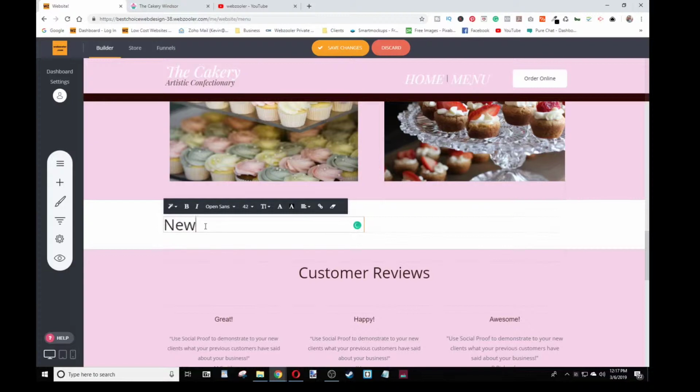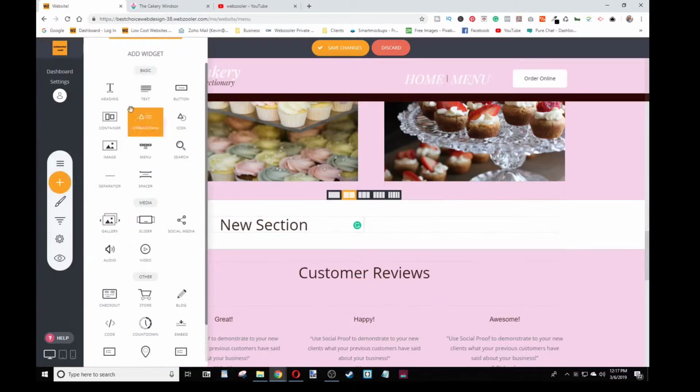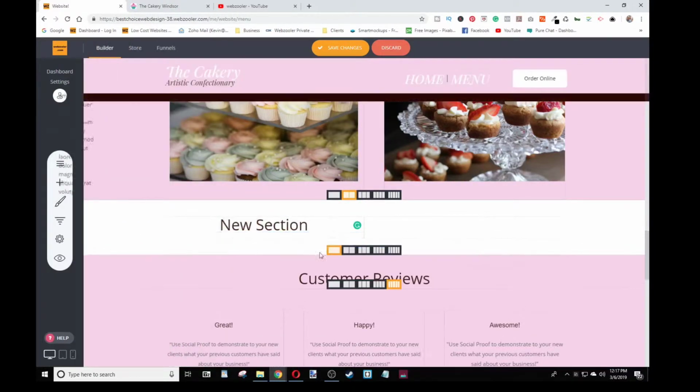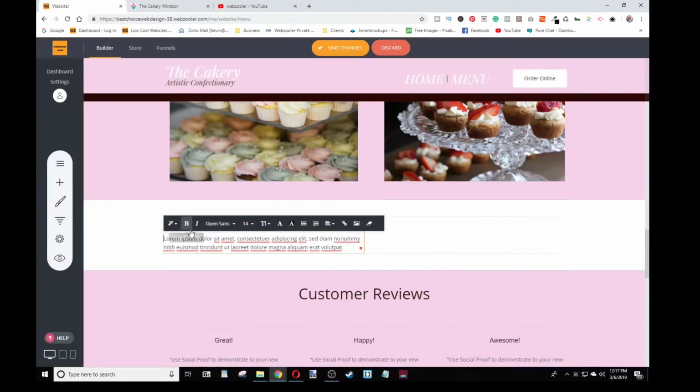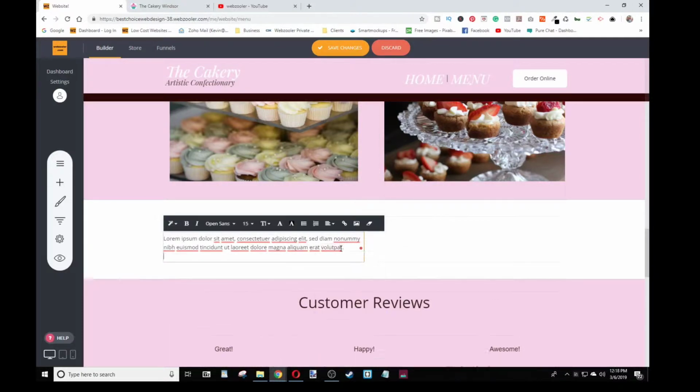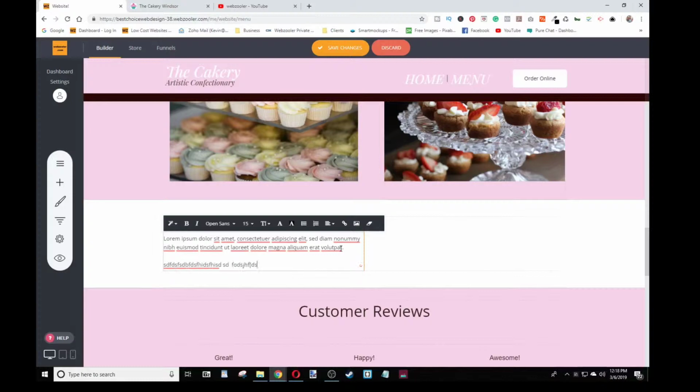I'm going to put new section here. Highlight it, decide where I want it within this block, and have it to the left, center, or right. So we're going to put it in the center, exactly there. That's good. Then below it, I'm going to put some text. So I'm going to grab the text widget and then put it right there. So you see the text that comes up, it's just Latin, it just simulates real text. So this is where we're going to write our new section,